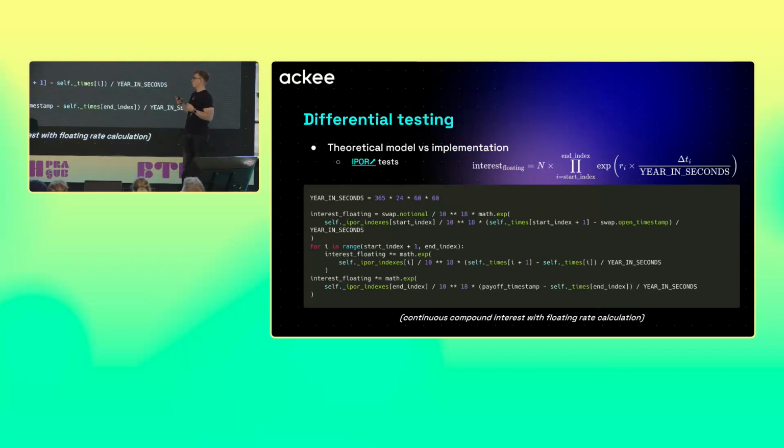This is an example from IPOR, a project that we have audited. We are trying to compute some interest. It's a floating interest, so we are multiplying multiple values from intervals. And this is something that cannot be done in contracts. It will be super gas expensive to do so. So they are using a different approach. But in Python, we could just multiply these two values as the formula states, because we can. There's no reason we couldn't. At the same time, Python supports floating point numbers, so we have more precise results than the Solidity implementation, and we can probably find some errors and then decide if the error is big enough or just small.